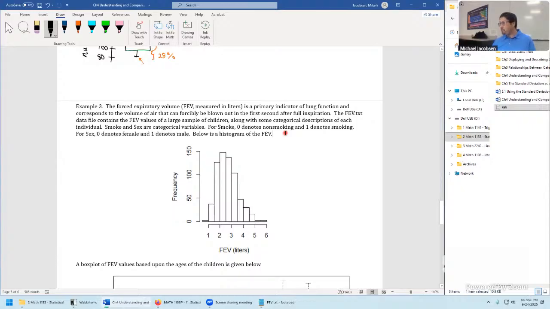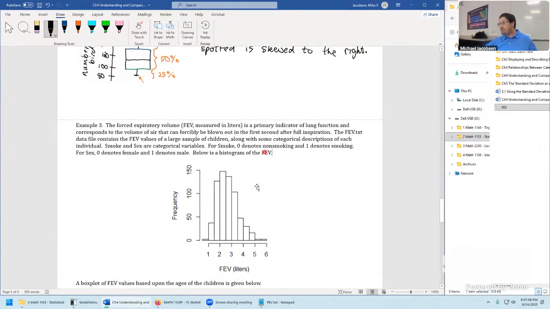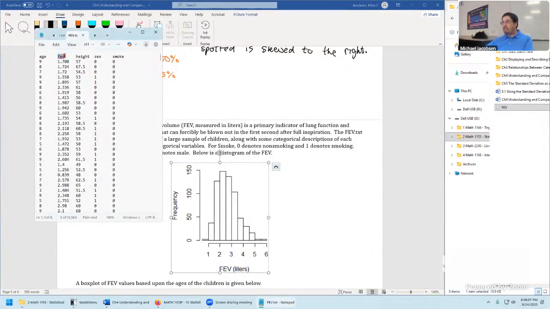Well, that's the context. Pretty serious data, but sometimes that's what statistics wants to study, these kinds of serious questions or contexts. And below is the histogram of that entire data set. Sort of, right? If you take a histogram of FEV, that means this is all the information you cared about. If this was all we used to study this data set and nothing else, that's not quite fair, right?